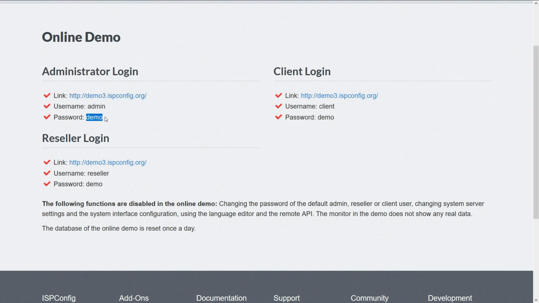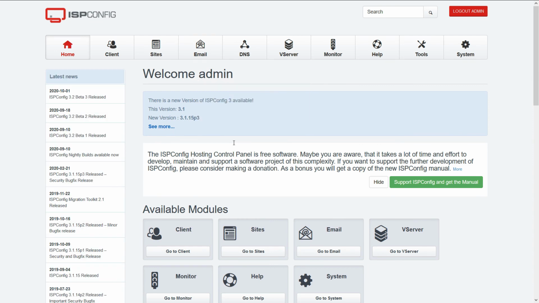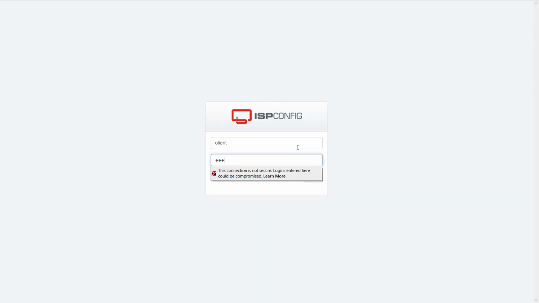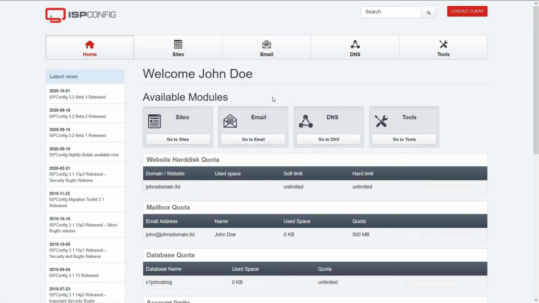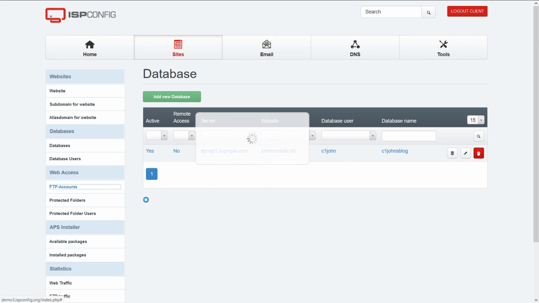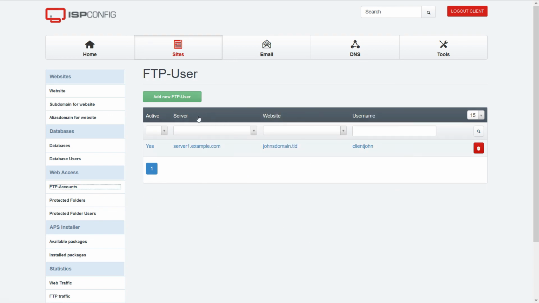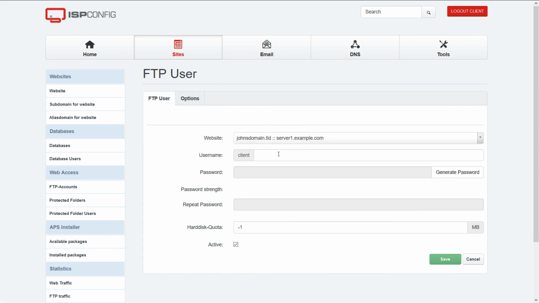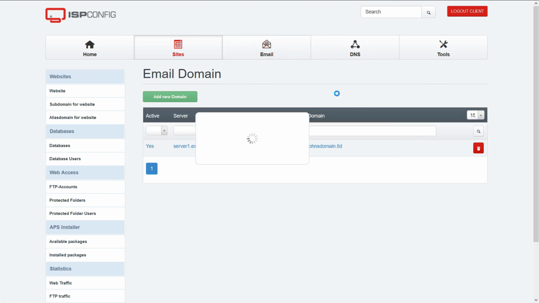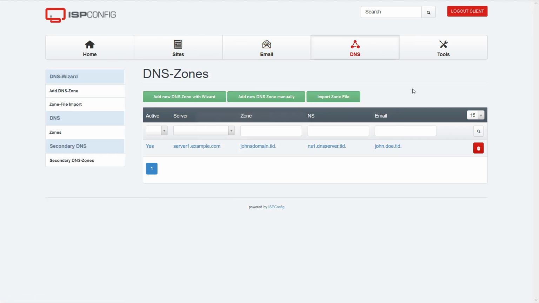If you like this control panel, you can also donate to support the development of ISPConfig and get the user manual. The user interface is not that modern compared to the other control panels, but it does the job very decently. One of the big cons of ISPConfig is the lack of a file manager. You have to use an FTP client and it's not convenient all the time, especially if you want to upload a zip archive and unpack it on the server. You should note that the online demo is on a test server and it's not that fast. It is recommended that you install it on your server and then do the final evaluation.